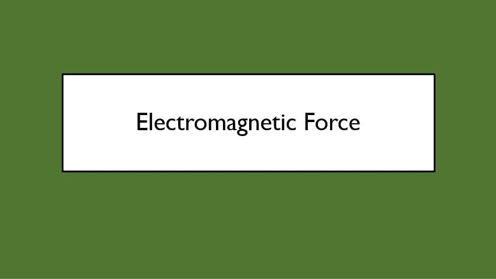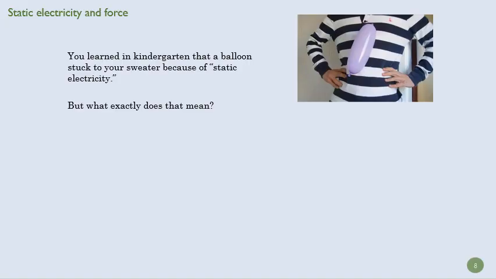Now we can talk a little bit about electromagnetic force, which is going to entertain us for at least the first part of this term, and really for most of the term. So we mentioned with the triboelectric effect that a balloon gets stuck to your sweater, and when you asked why that happened as a kid, you were told, well, it's static electricity. But we want to think a little bit about what that means. What is static electricity, and how is that holding your balloon to your lovely blue and white striped shirt?